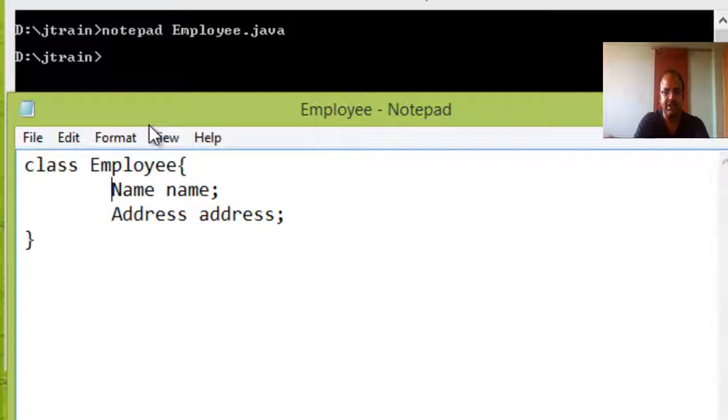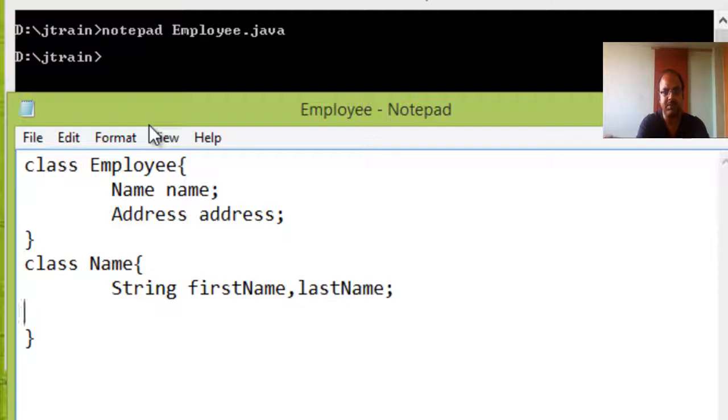In this way, I guess you understand that I will create two more classes: one, Name, with first name and last name data members, and one, Address, with city and pin code. So let us create class Name with string first name, last name, and class Address with int pin code and string